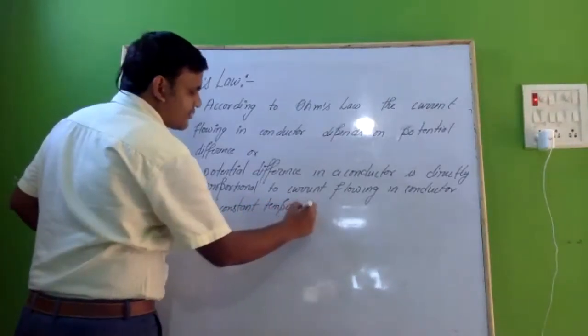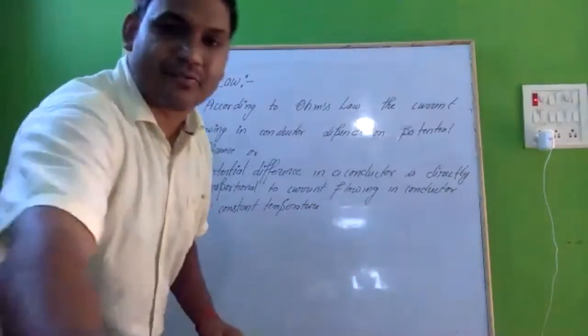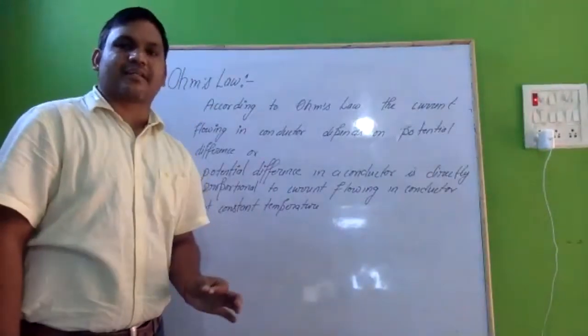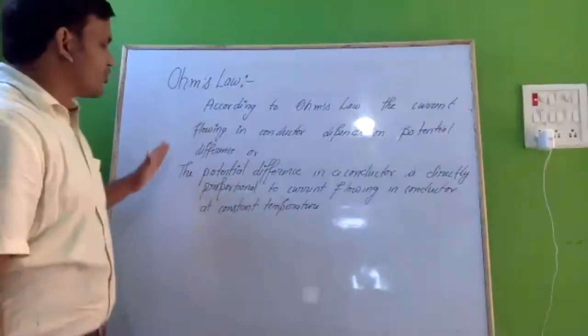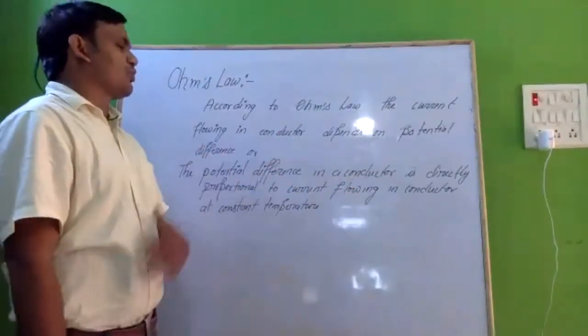This must be said: at constant temperature. It should be mentioned. Why should it be mentioned? Because at different temperatures there will be different V and I. So that's why we need to say the potential difference in a conductor is directly proportional to the current flowing